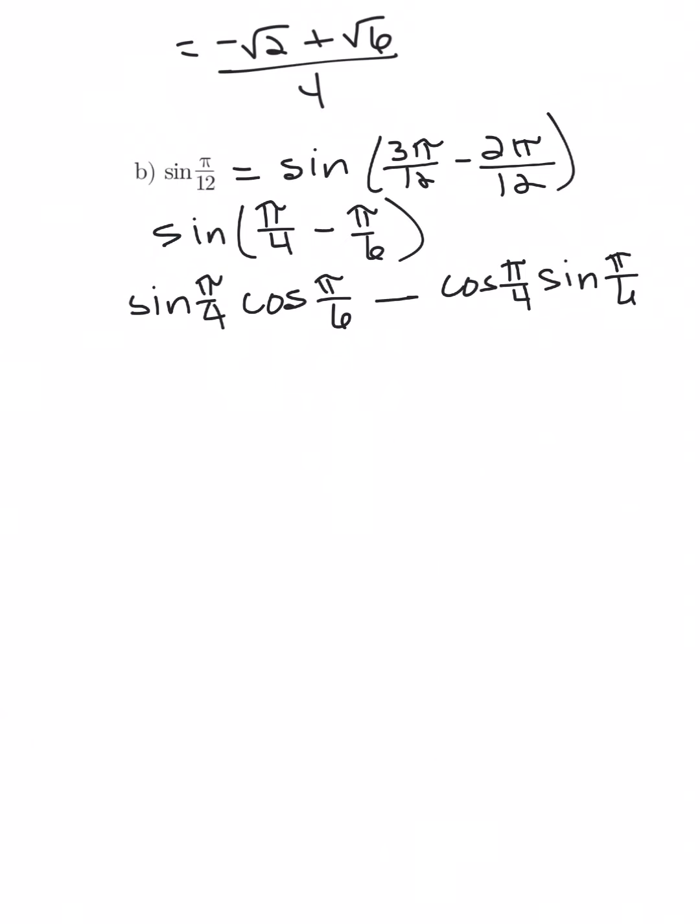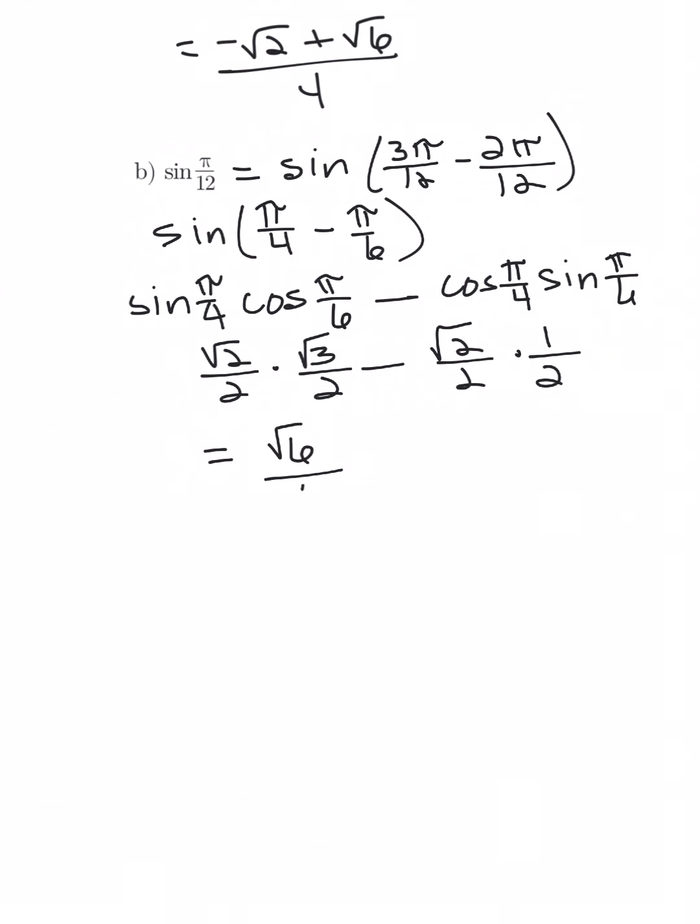Now we're going to replace the trig functions with what they equal from the unit circle. The sine of pi over 4 is the square root of 2 over 2. The cosine of pi over 6 is the square root of 3 over 2. Minus cosine of pi over 4, square root of 2 over 2. The sine of pi over 6 is 1/2. Do your multiplying, so you will get the square root of 6 over 4 minus the square root of 2